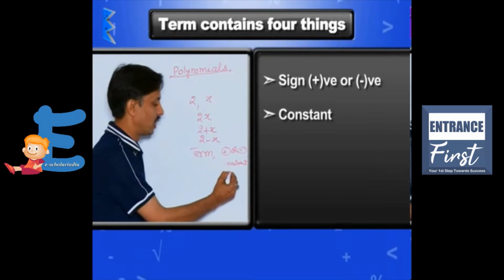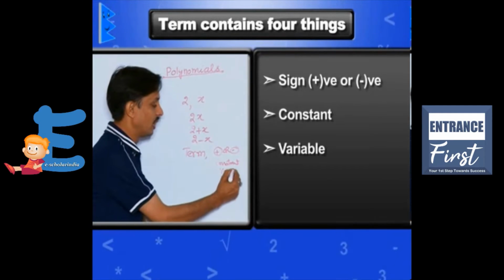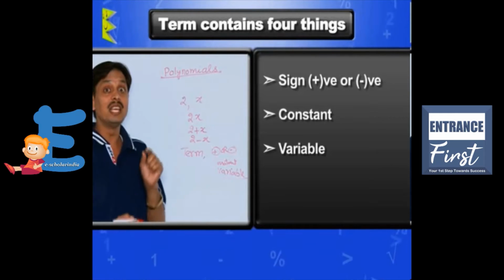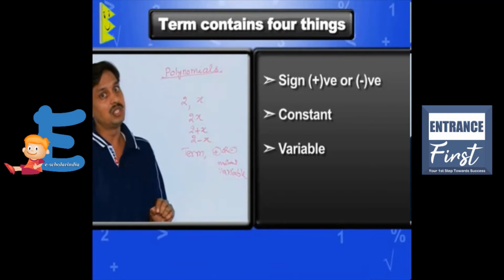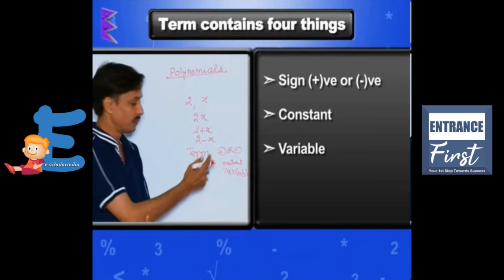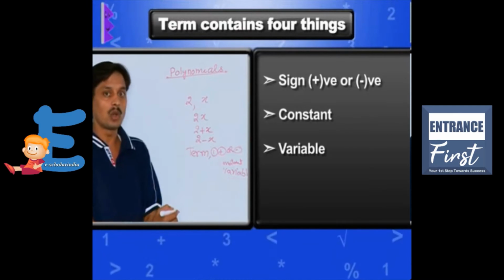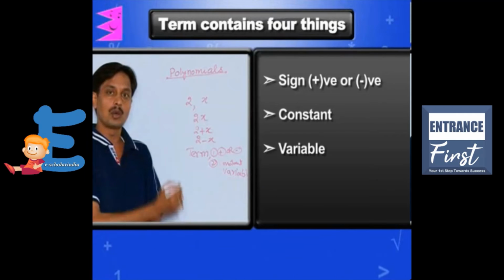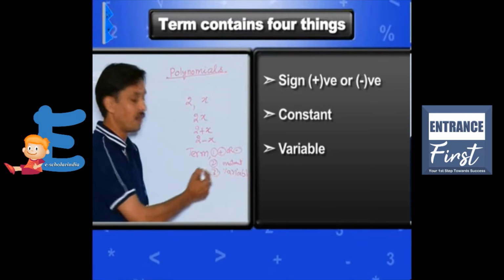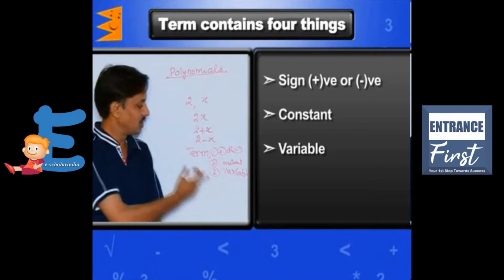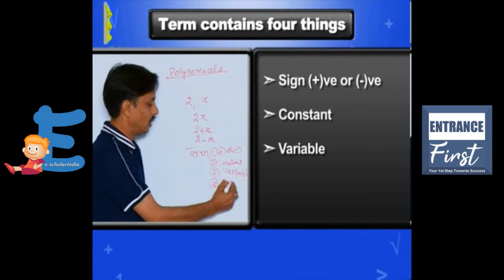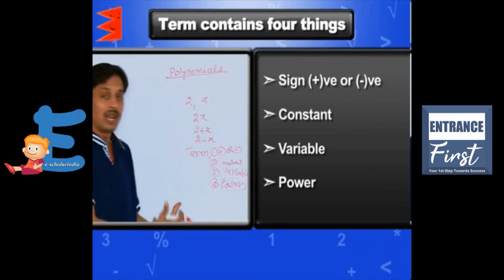Then the third thing to understand is the variable. A variable in any term is alphabetical, like A, B, C, P, Q, R, X, Y, Z, we use like this. So a term has four things. The first thing, it has a sign, positive or negative. The second, it has the constant, that is the value, that is the coefficient. Third, it has some variable in the form of an alphabet, that is A, B, C, X, Y, Z, etc. And fourth, it has the power. Every variable has some